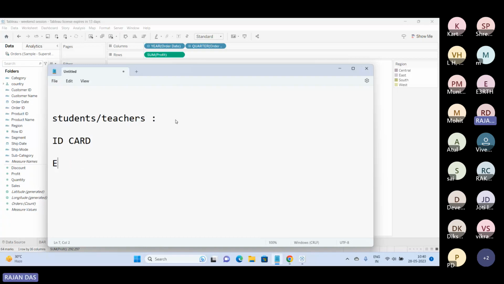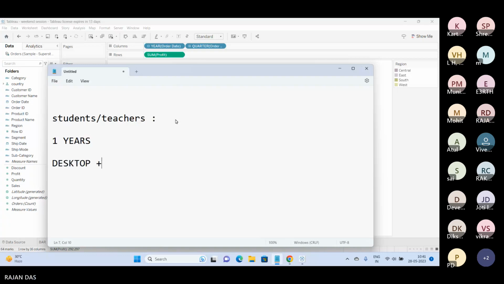Just the ID card front and back. They should be an active student or active teacher. Once you upload these details onto that particular link, you will get a 1 year free license to Tableau